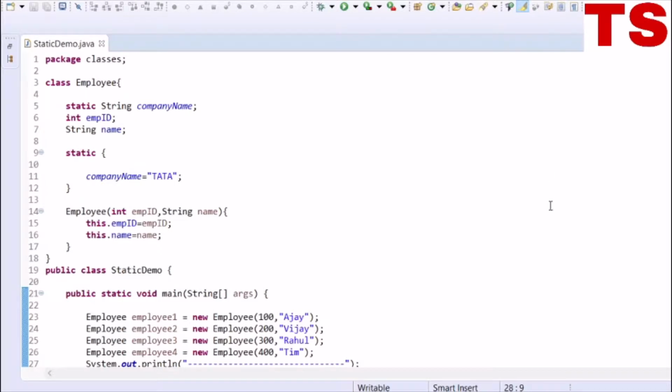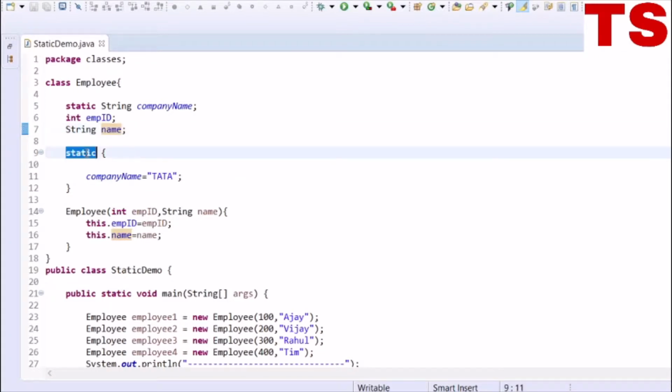Here I have an example of an Employee class where the company name, which is common to all the employees, is declared as a static variable, and we have employeeID and employee name as the instance variables of the class Employee.